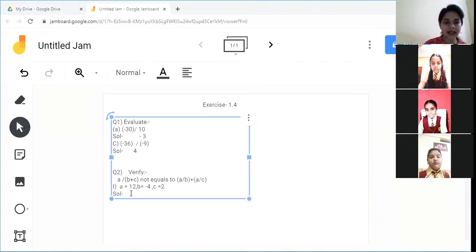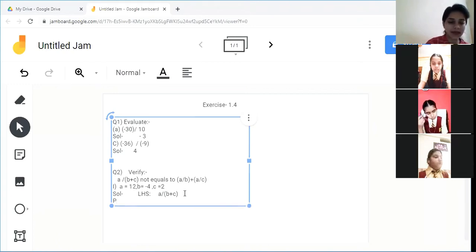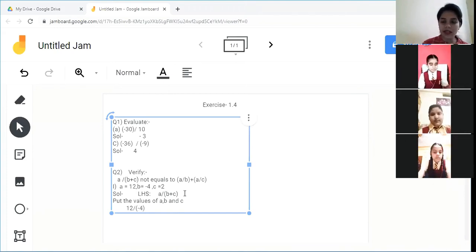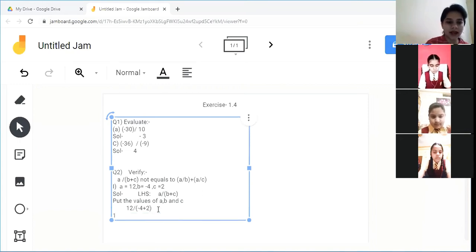So what is LHS here? LHS is A divided by B plus C. Now, put the values of A, B and C. So what are the values, children? 12 divided by B plus C, minus 4 plus 2. Okay. Now 12 divided by